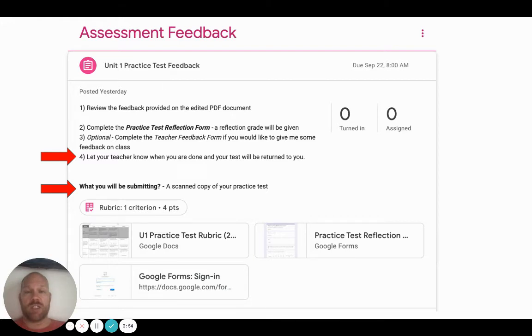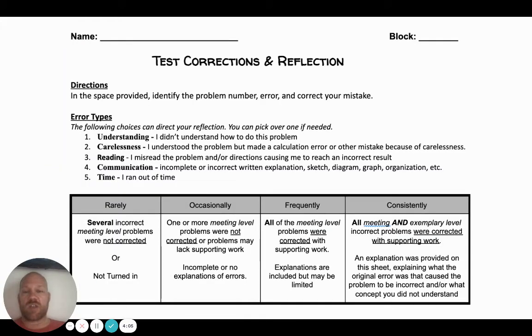If you've got your phone here, you can go ahead and get that out and scan and just submit it here. That would be great. Or you can do that at home. It's up to you. Once you've got that practice test back, you are going to be getting this test corrections